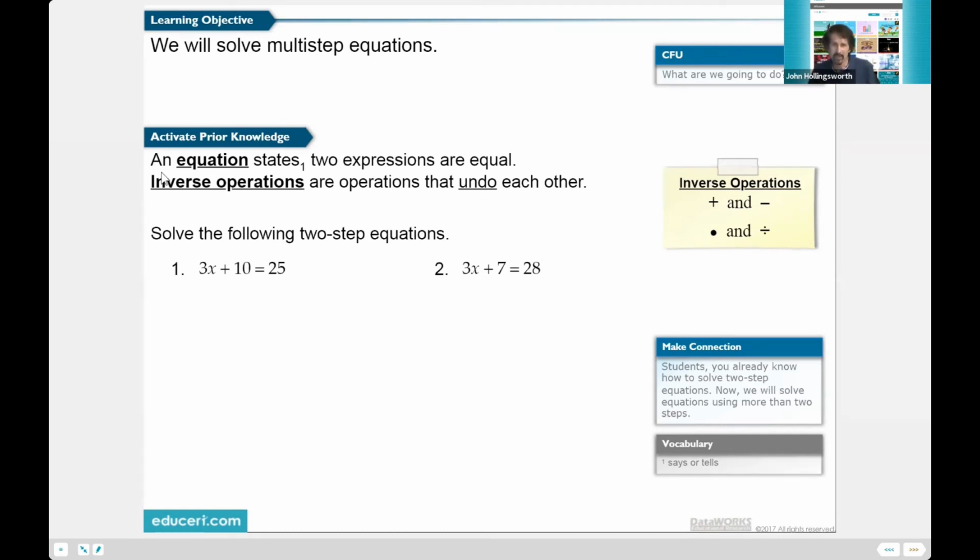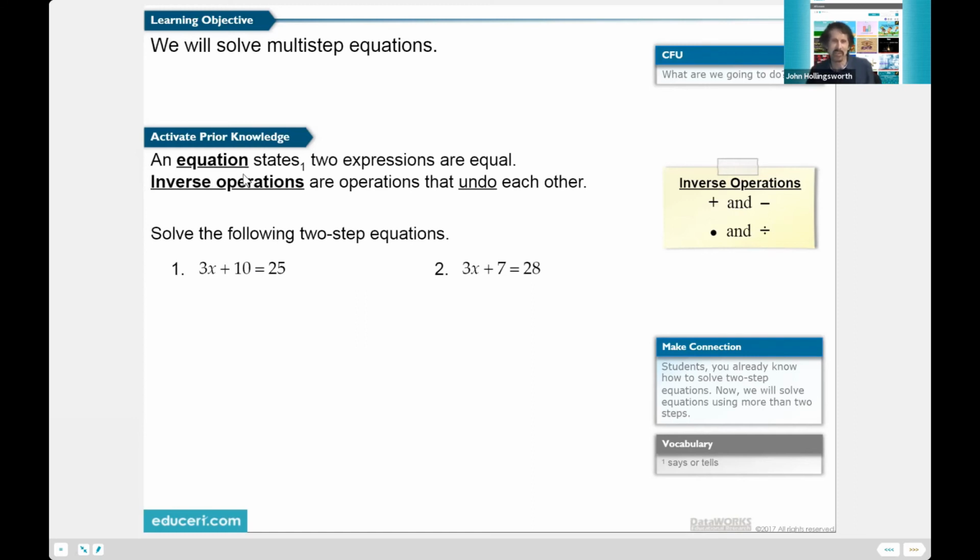All right, I'm going to skip all this. Let's do right here. Now, you see the word equation has the word equal in the beginning of it. So an equation shows two things that are equal. I've got the word states, or tells, and you probably heard on TV, can you state your name? Can you tell me your name? Expressions, that's the part on each side of the equation without the equal sign.